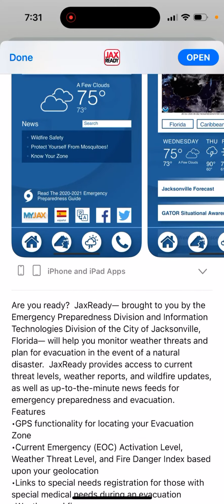JaxReady is brought to you by the Emergency Preparedness Division and Information Technology Division of the City of Jacksonville. It will help you monitor weather threats and plan for evacuation in the event of natural disasters. JaxReady provides access to current threat levels, weather reports, and wildfire updates, as well as up-to-the-minute news feeds for emergency